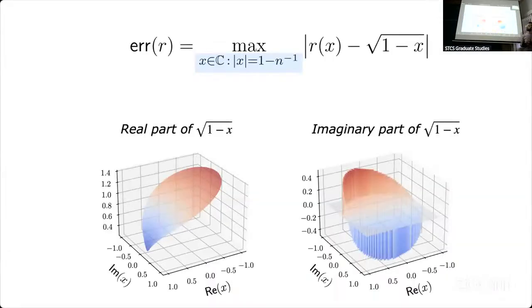So we want to approximate the square root of 1 minus x on a circle in the complex plane of radius 1 minus 1 by n, right? Where does the 1 minus 1 by n come from? Very good. So if it's just one, then it doesn't converge, so we have to exponentially decay that, and this decay factor turns out to be like 1 by n. Right? So that's a way of approximating the finite sum, slightly going inside the unit circle.